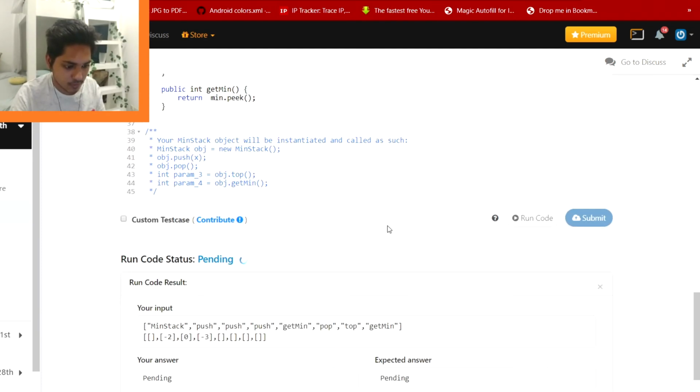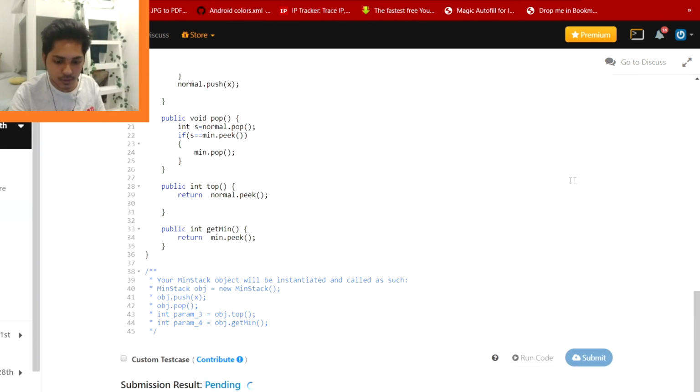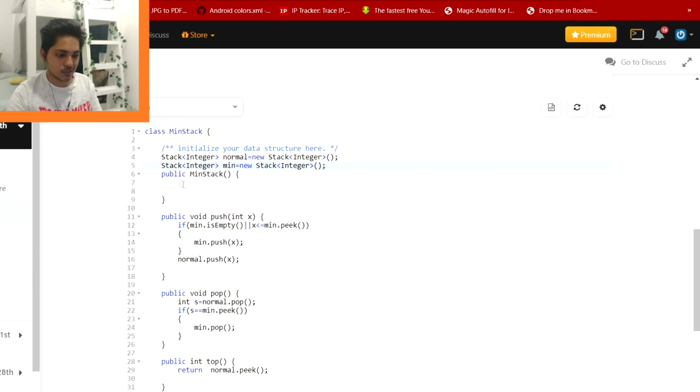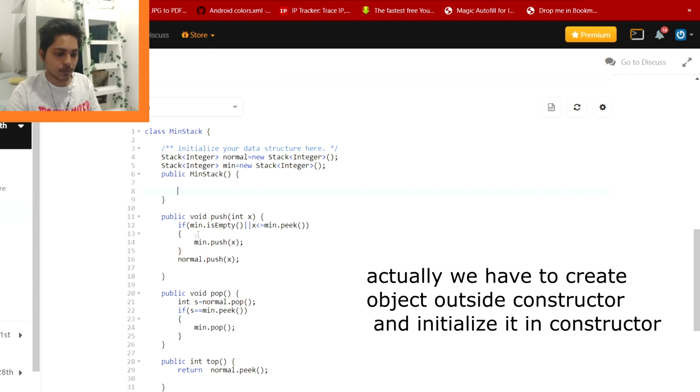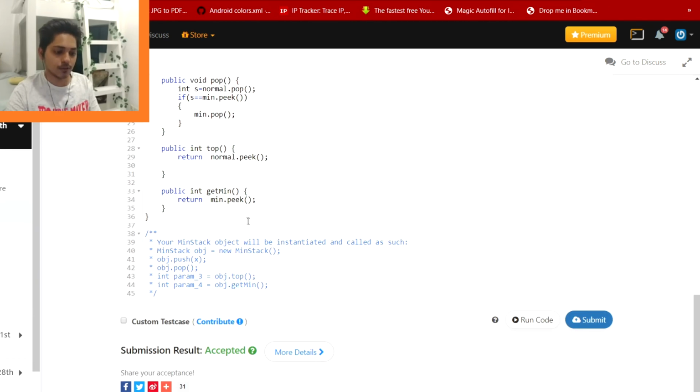Okay, let's try this. Right. No, -3, no, 0, -2, so this is fine. Let's go ahead and submit, and accepted. So yeah, this is fine. Actually the thing was, because I was initializing them in my constructor, the other methods were not recognizing the normal and min stack variables.